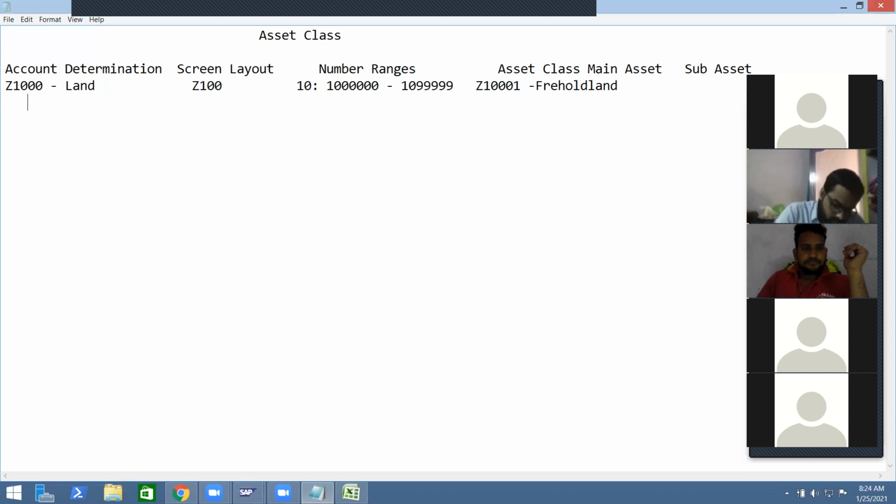And one more asset class I am going to create: Z 10,002, leasehold land. So two asset classes I am going to create. For these two asset classes we are using the same account determination and same screen layout. So next,